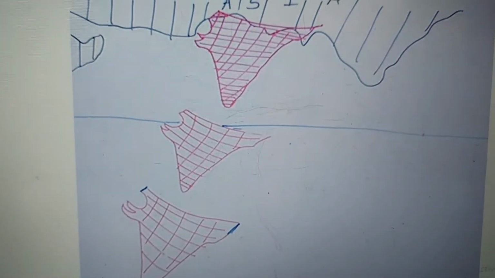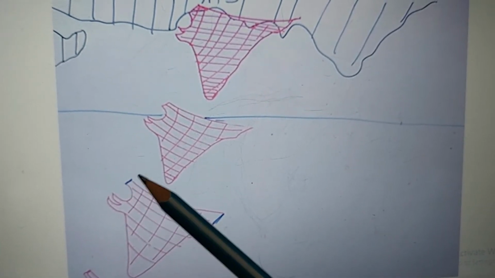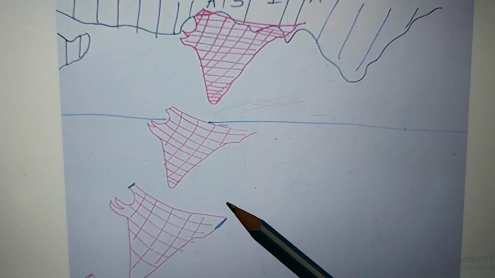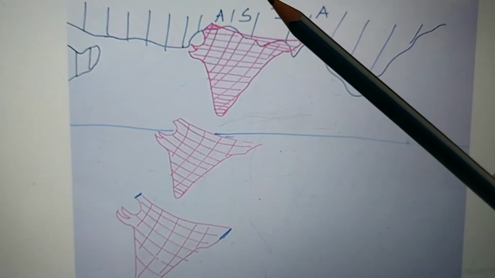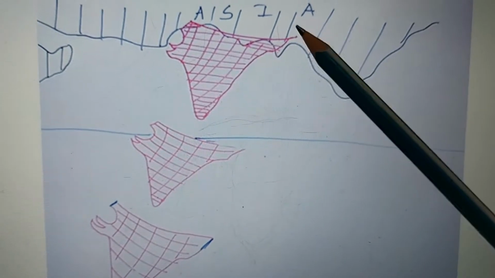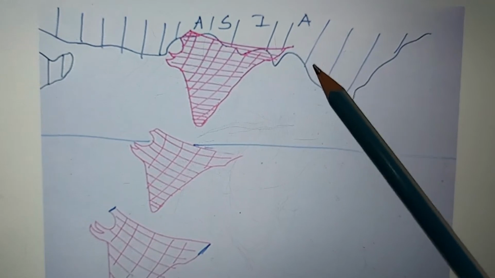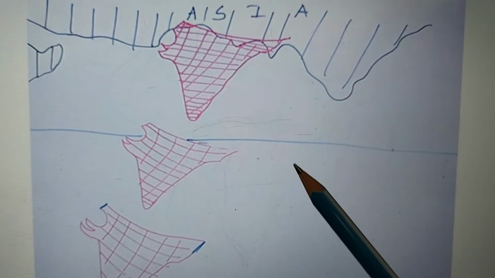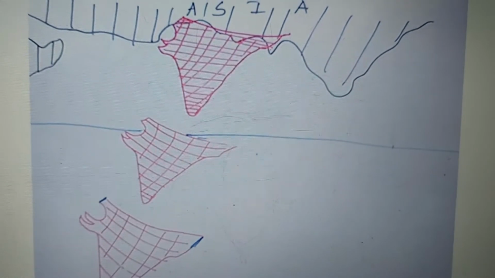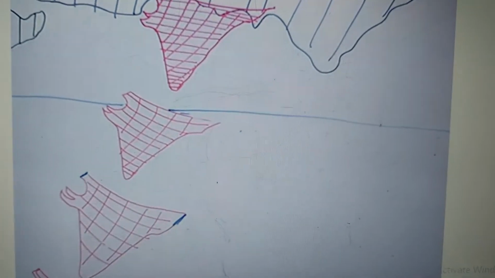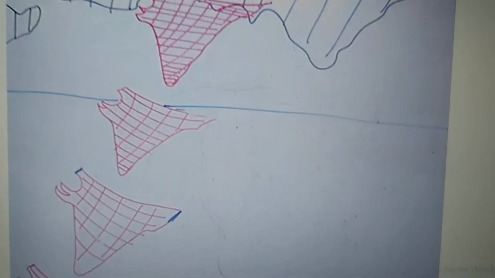I've already told you the formation of these islands. As I told you earlier, when the Indo-Australian plate broke away from Gondwana land, there were two arms, the Aravalli Hills and the Assam Himalayas. When they collided with the Eurasian plate, they bent towards the northeast. Now the mountains submerged in the sea, but some came out above the sea, and that was the Andaman and Nicobar Islands. I've already explained this formation in my previous video.